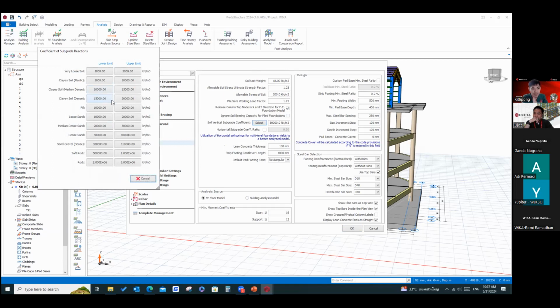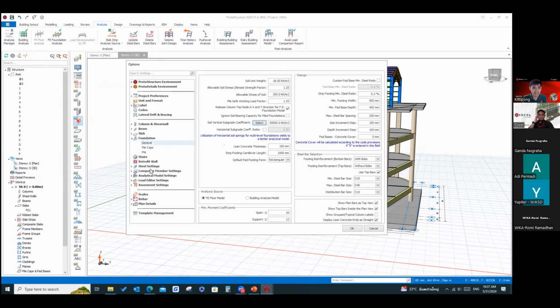So we can see the displacement for the foundation, right? But it's based on the soil holding the building, so we don't do the whole soil analysis underneath that.